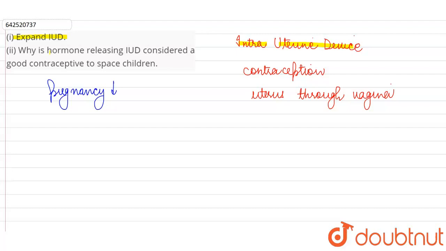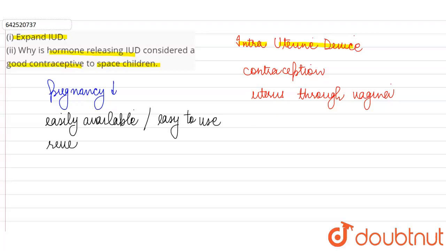Next they are saying, why is hormone releasing IUD considered a good contraceptive to space children? Now what are the characteristics of a good contraceptive? First of all, it should be easily available and also easy to use. Now, one of the most important things is it should also be reversible, because if a person wants to avoid